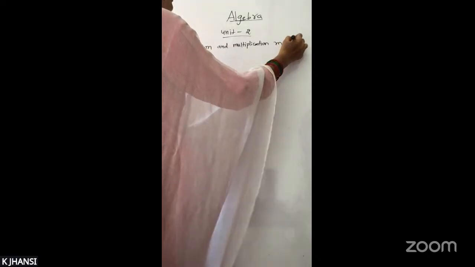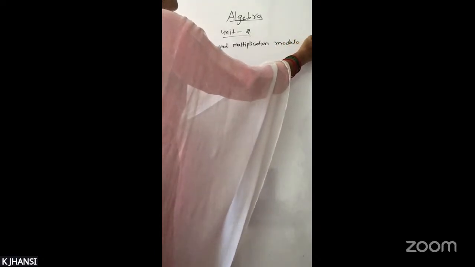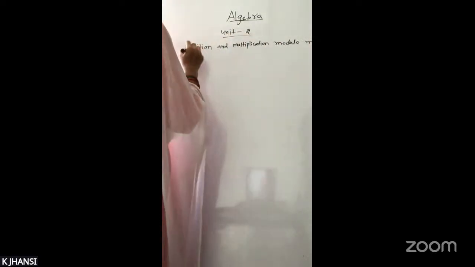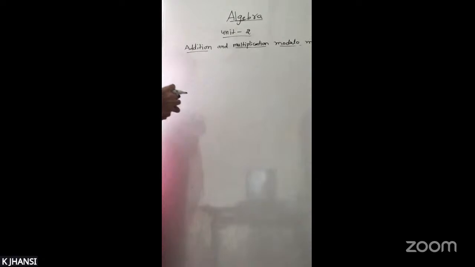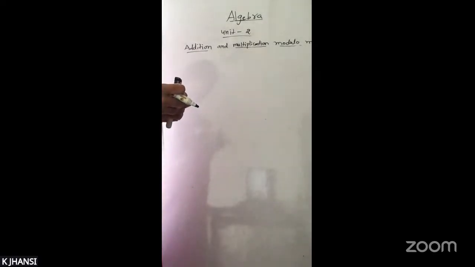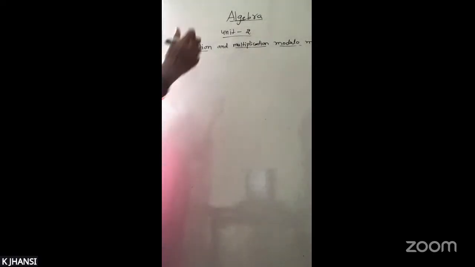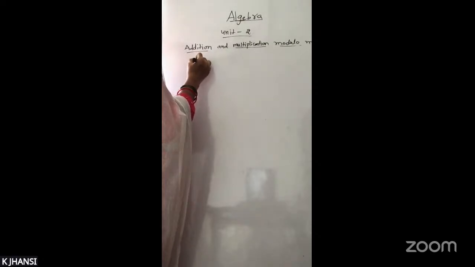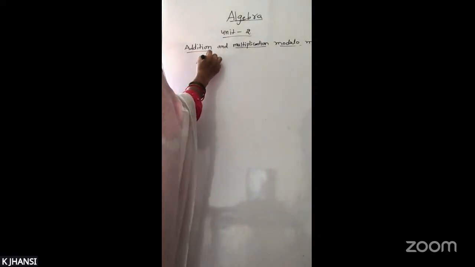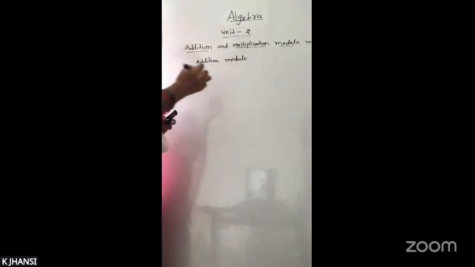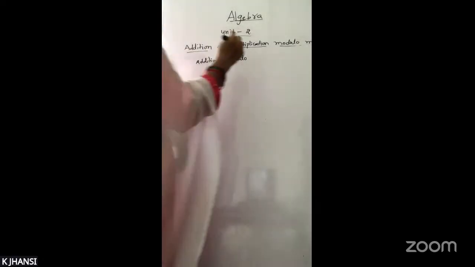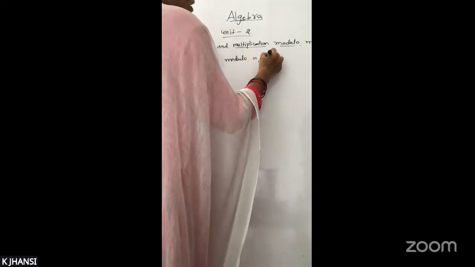Multiplication modulo m or n. In some books you will have m, or in some you will have n. Anything you can take. Here m is an integer. So there are two special types of operation: addition modulo n, written as